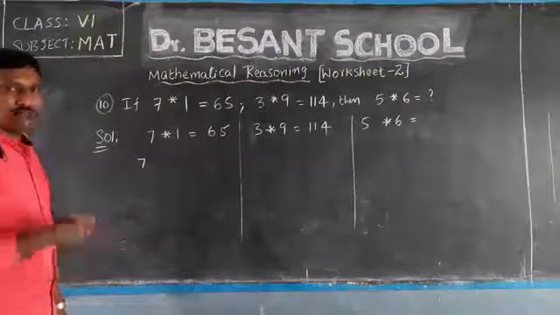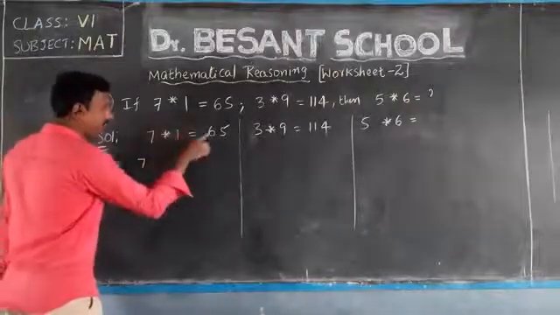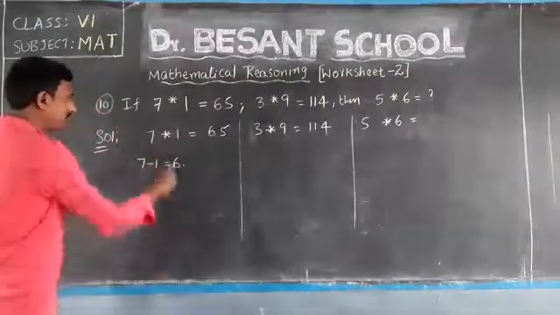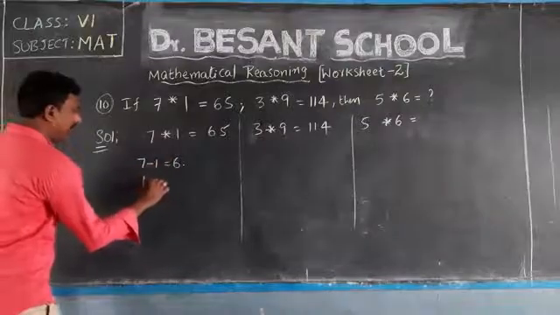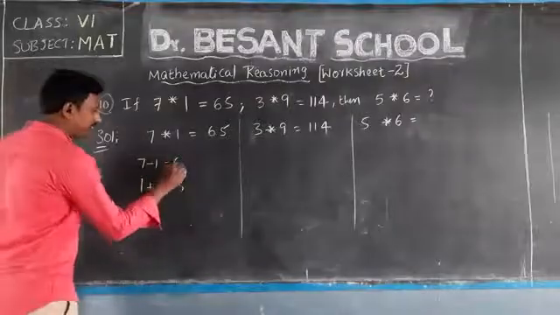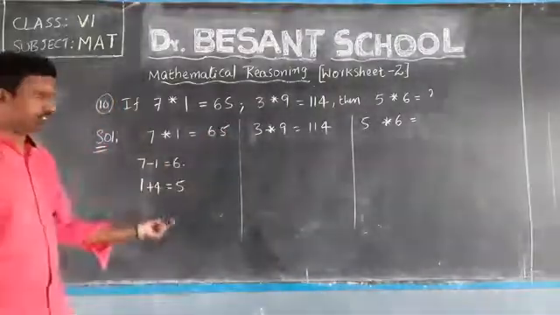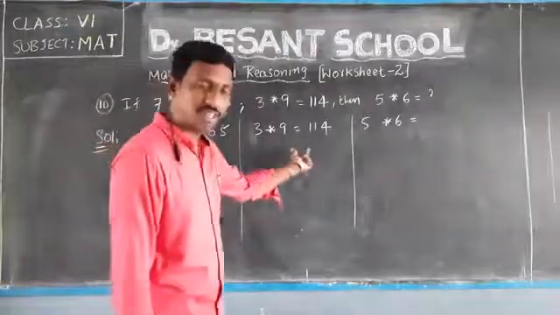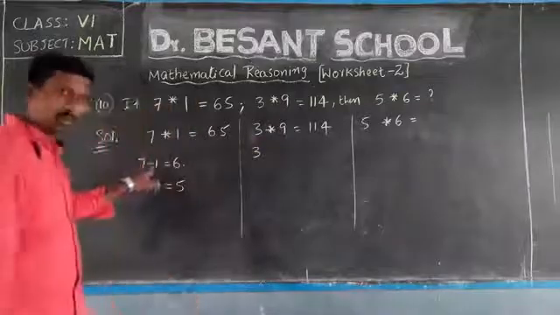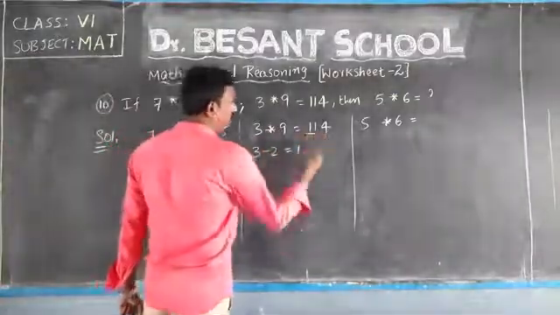So what my logic is, what I have observed in this: 7 minus 1 equal to 6. 7 minus 1 equal to 6. Next 1 is there. For 1 I have been adding 4. 1 plus 4 equal to 5. So the 6 and 5 are the 2 digits of the given number. This is my logic. Let's check if it is valid for this or not. Now what is this? 3. Here I have subtracted 1. So here subtract 2. 3 minus 2 how much? 1. You can check this.